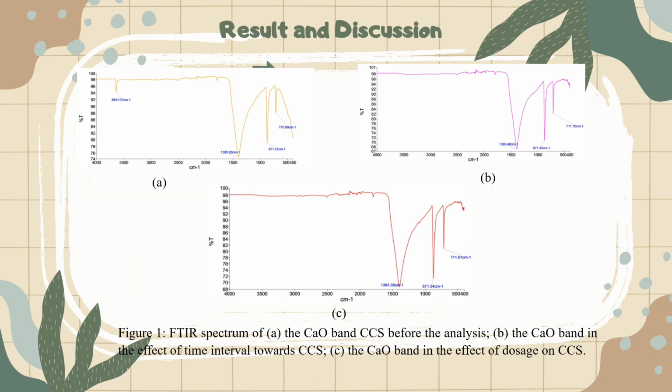FTIR was conducted to determine the presence of functional groups of CaCO3 in the raw cockle shell sample and CaO in the calcined cockle shell sample. From Figure 1, the bands in the IR spectra have an absorption range of 400 to 4000 cm⁻¹. Different types of groups are commonly absorbed in their range of regions, since the function of the FTIR is to identify the functional groups. For calcined cockle shells, the characteristic FTIR bands were observed at